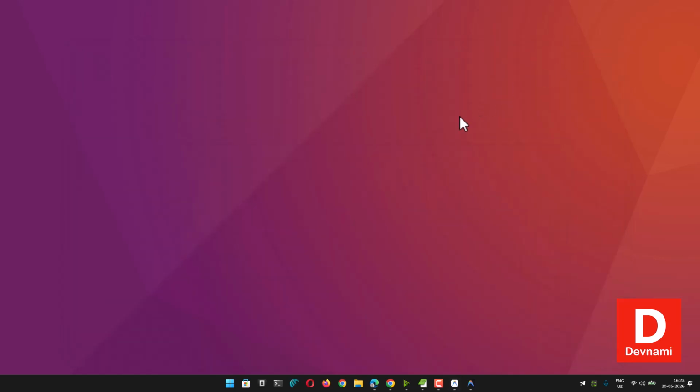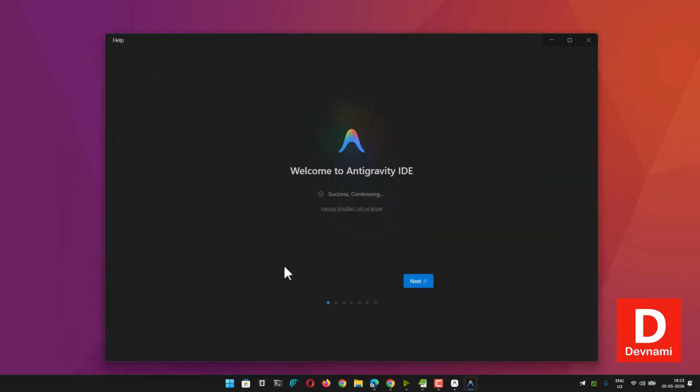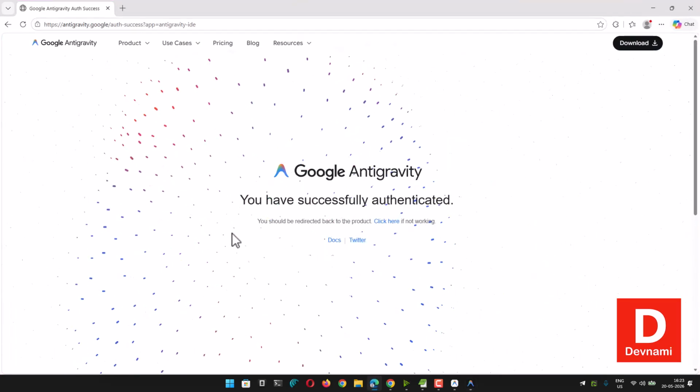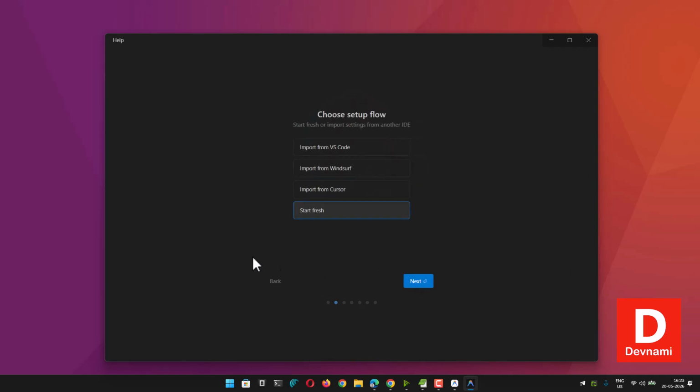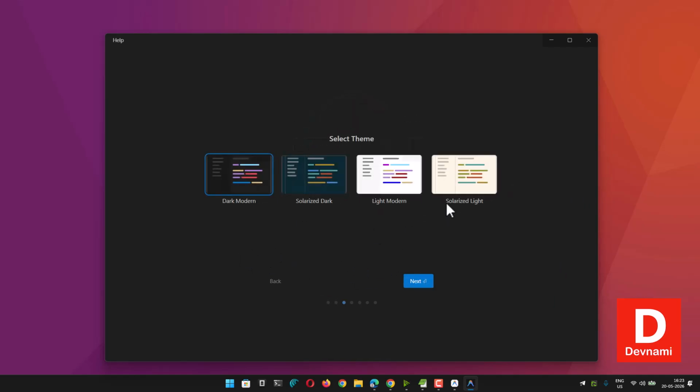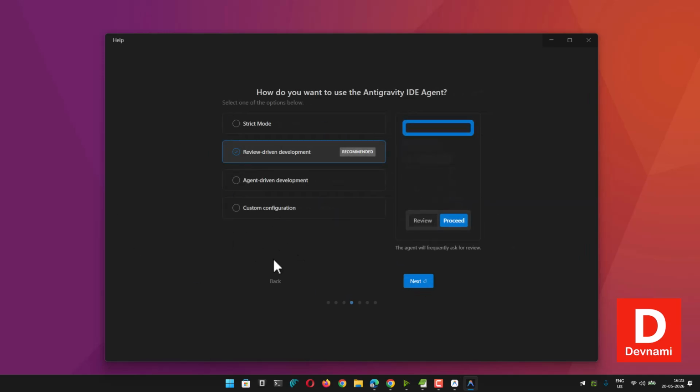Now the old IDE is still here, so basically you have to re-log in again, and then it will show you this dialog box. You can start fresh, basically, or just use it like the typical old IDE, right? So there are a few things I noticed, which is this agent driven development, review, and customizing from this point as well. So I'm going with the old settings here, agent driven development,